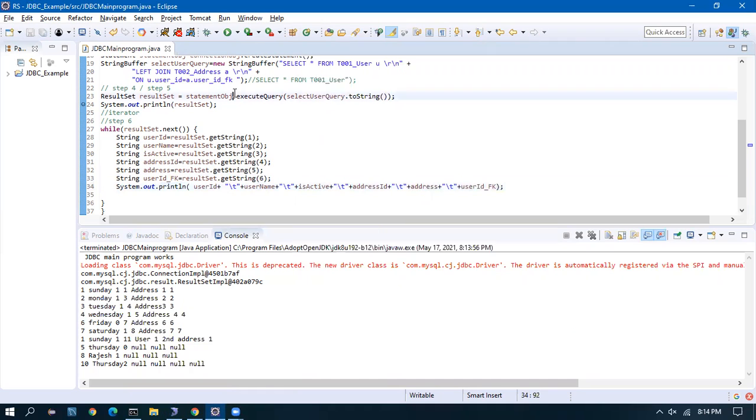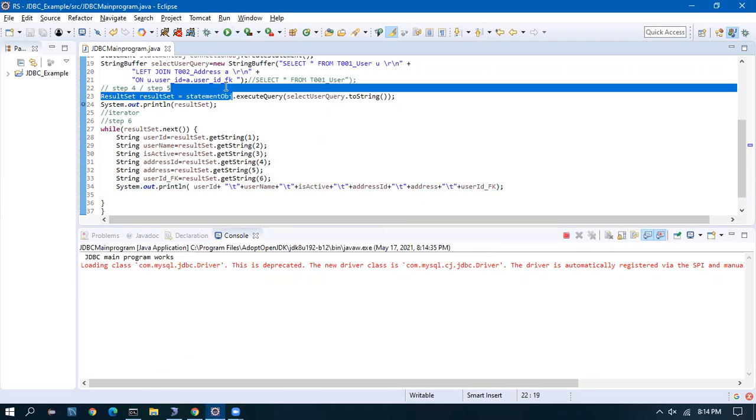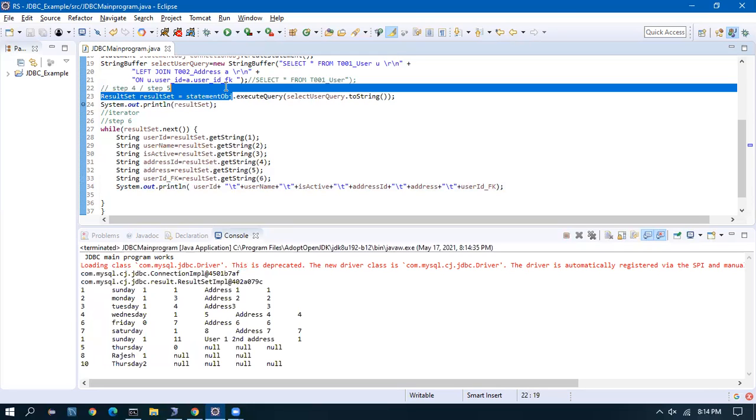Now the actual connection has started. Like we were seeing the database separately, writing the queries. We were seeing Java separately. From the Java now we are hitting the database and getting the values.